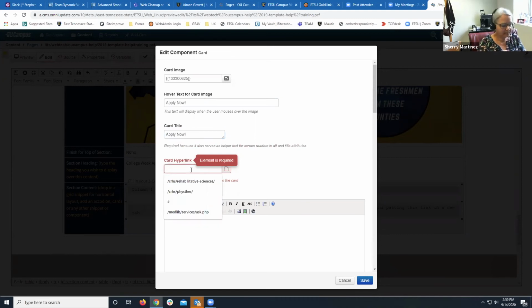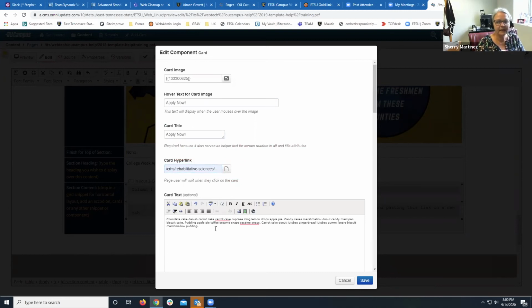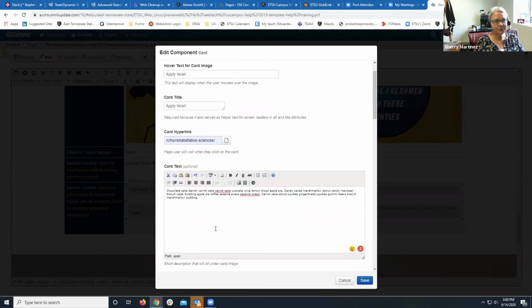And then I'm just going to add a link to that page. And then I can add my content here. Okay. So the difference between a snippet and a component is that in a snippet, inside most of the snippets